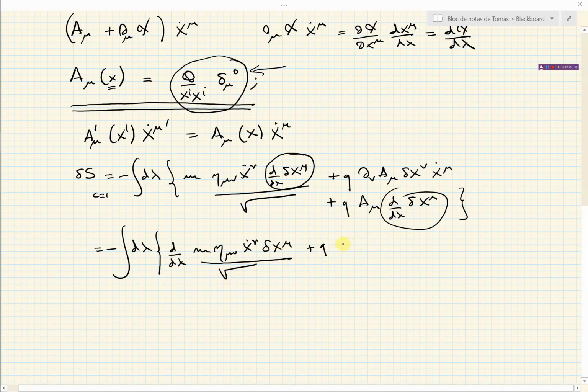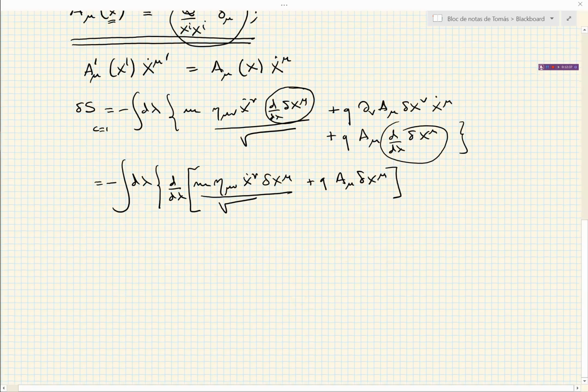So this is q A mu delta x mu. This is the total derivative, and then minus d lambda of m eta mu nu x dot nu divided by this square root, and also plus, okay, the minus is global here,